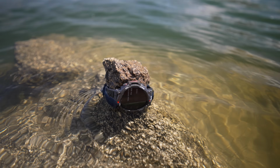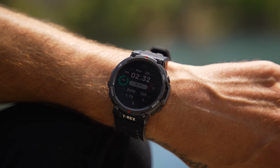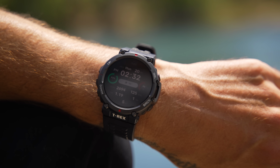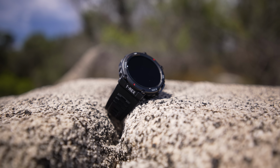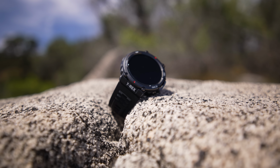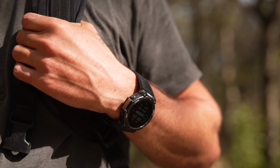So let's talk about some of the specs. First up is the size. The T-Rex 2 comes in at 47.1 millimeters wide by 65 millimeters tall. It's bulky, and I was initially concerned that this watch was going to be too heavy on my wrist while